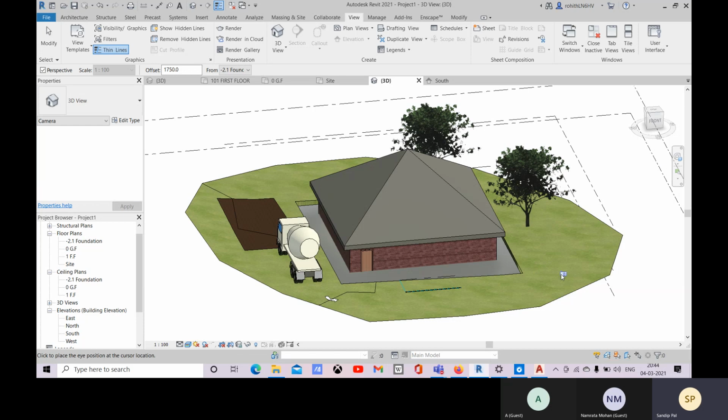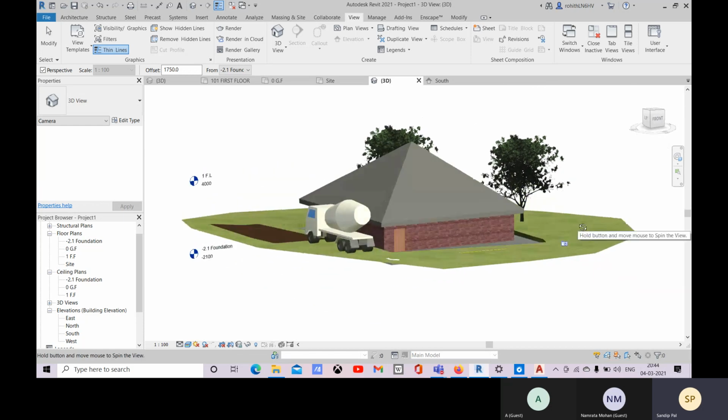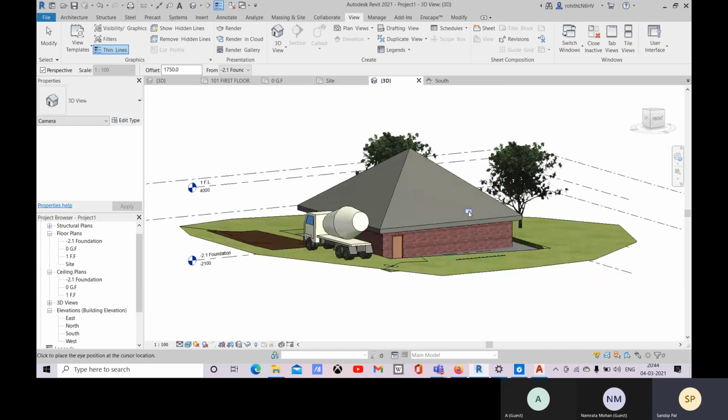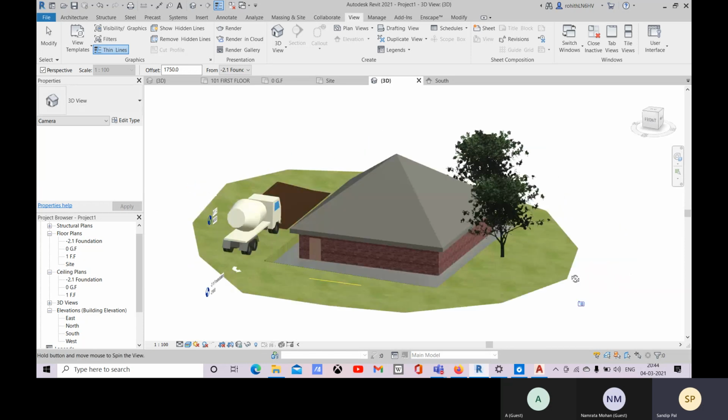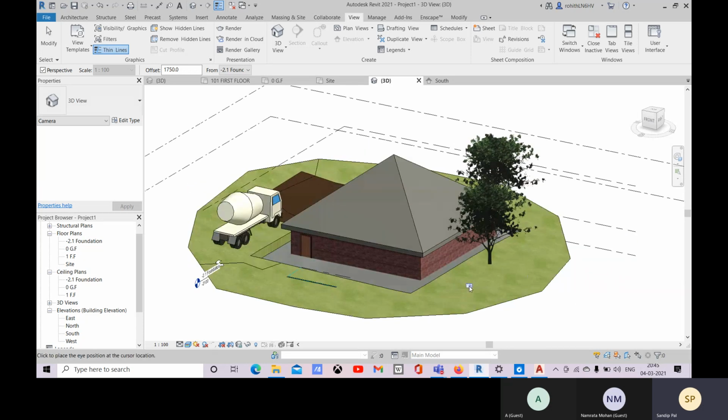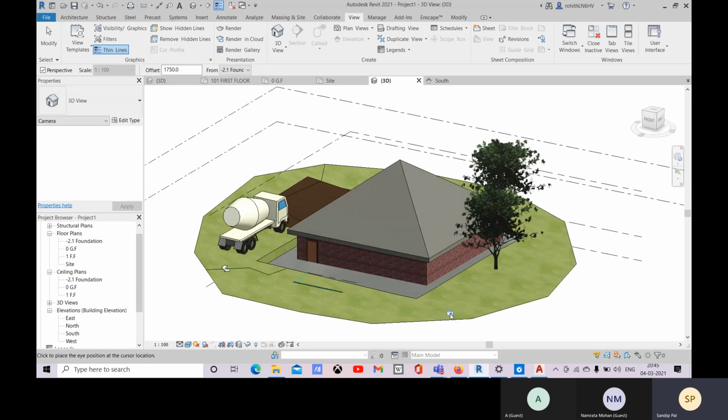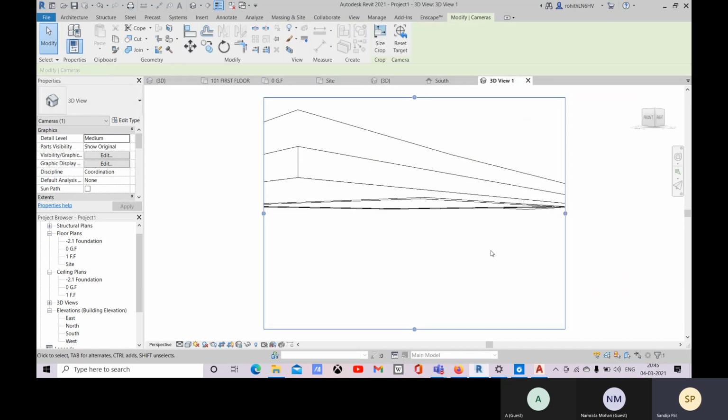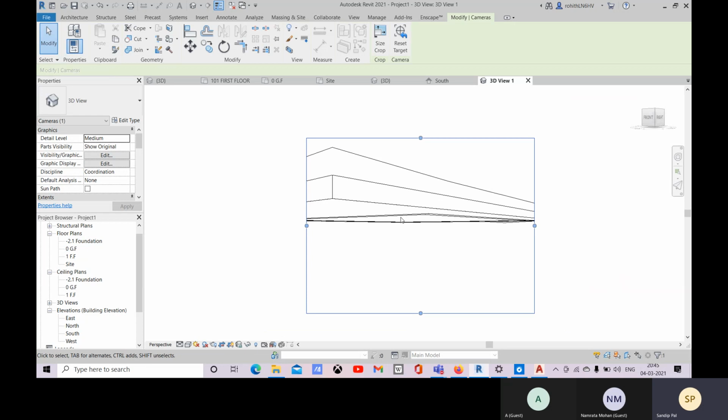They don't just go for rendering randomly. So they always fix one camera, and that would be the perfect view. So let's just place one camera over here. And here you can see that this is the camera you have placed.